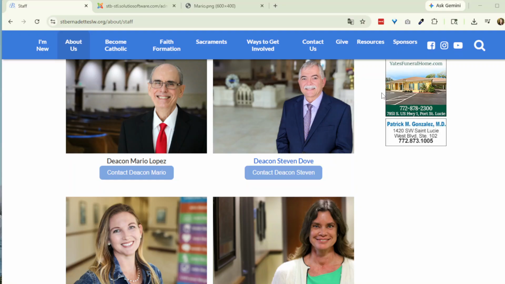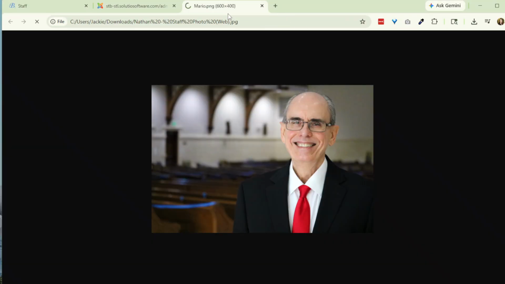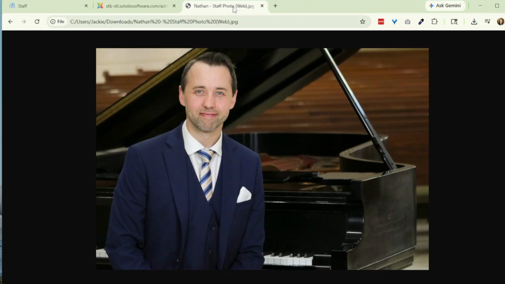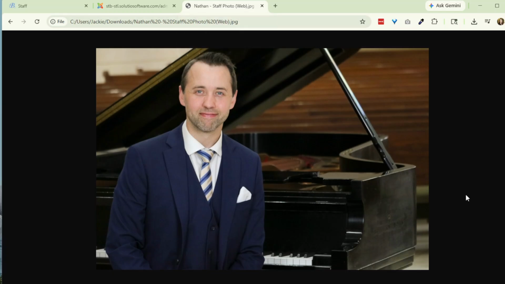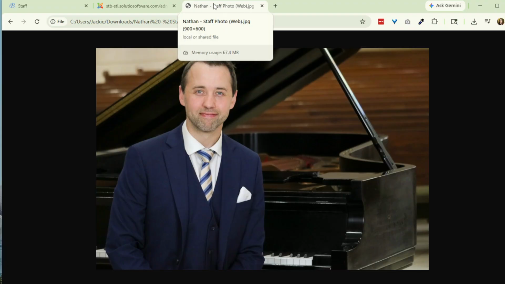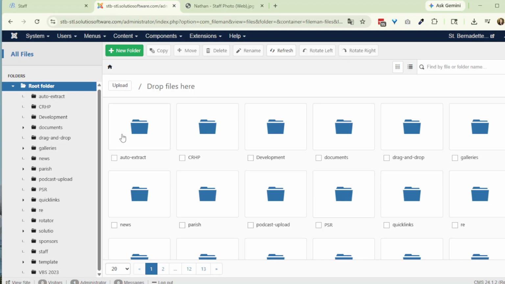Looks like the new ones that I have are a little bit bigger than that, 900 by 600 and a slightly different ratio. No, that's the same ratio. Let me think out loud. My brain is 6 by 4. It's a 3:2 ratio. So 9 by 6 is still a 3:2 ratio. Okay, yes, they're the same ratio. Perfect. So I'm going to upload those in the staff folder,